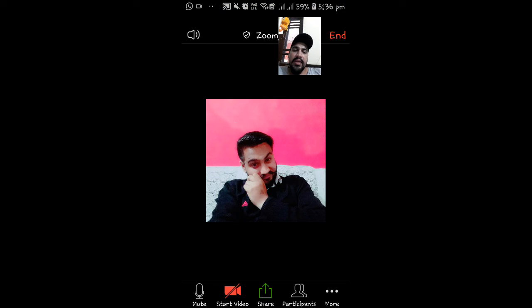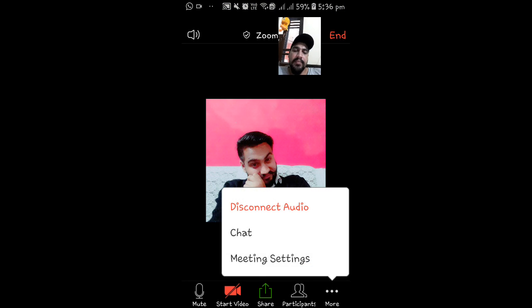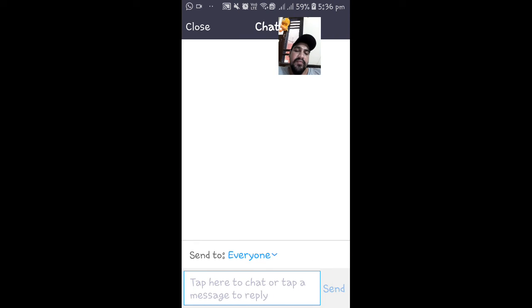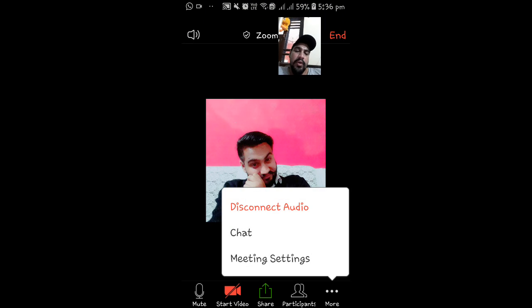Then you're going to see that there is one option written "More", and on that More button there are three dots. There you're going to click and you can disconnect the audio. Your audio would be disconnected. There is a chat, you can see the chat also, whatever you're going to do in the chat. Then thereafter